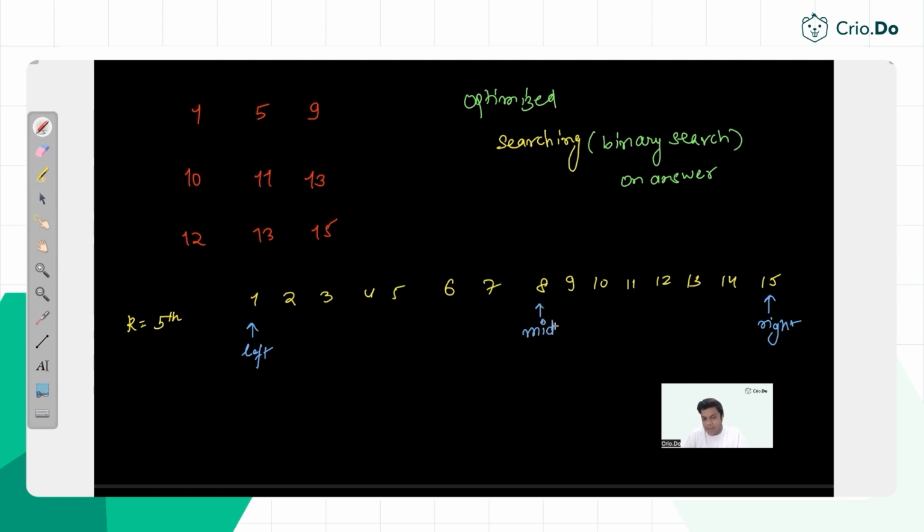Now we ask the mid element, what do we need to ask? We will check whether mid can potentially be the answer or not. There are two scenarios: mid element will be a potential answer or it will not be. Since we need to find the fifth smallest element, let me first write all the elements from the first smallest till the ninth smallest, because there are total 9 elements in this array. The smallest is 1, then next is 5, next is 9, next is 10, 11, 12, 13,